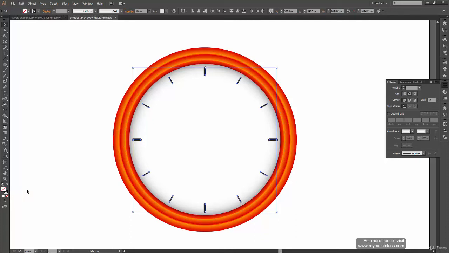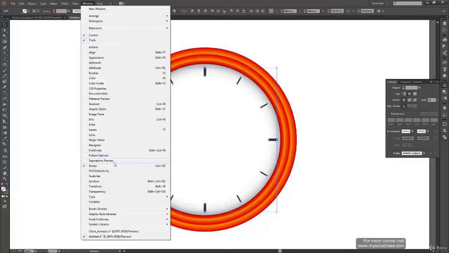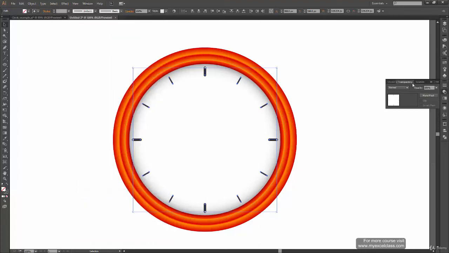So to reduce the opacity, what you can do is go to the transparency panel. You can open it from the window menu. So go to window, and there you have your transparency. The shortcut key for that is shift control F10. So just click on this one and you have your transparency menu open. From here you can decide the opacity of every object. Right now it's 100%. I'm gonna make it 50%, so it looks a bit gray.